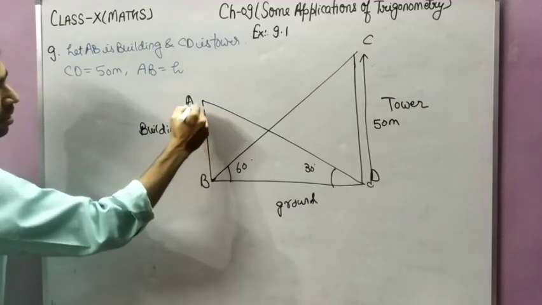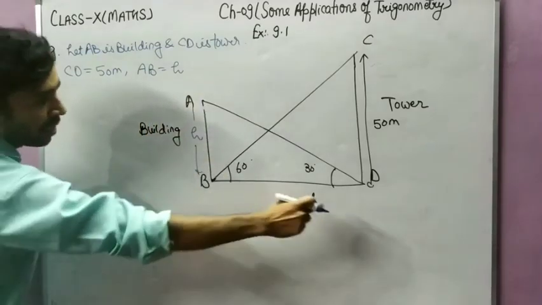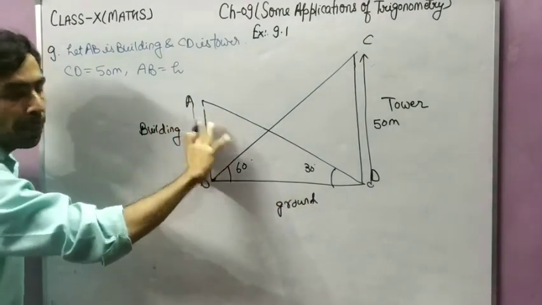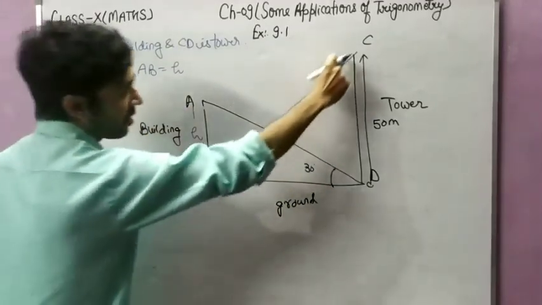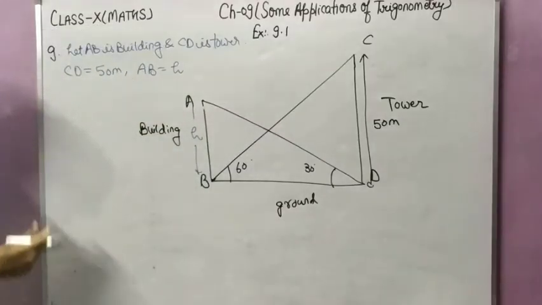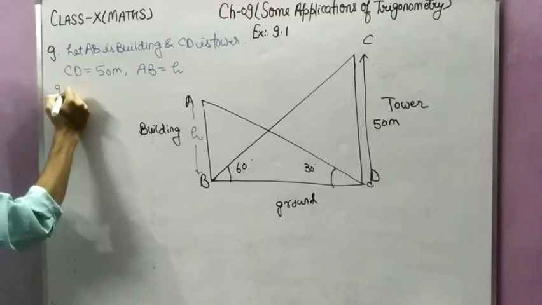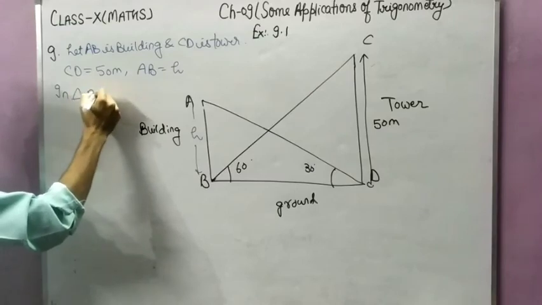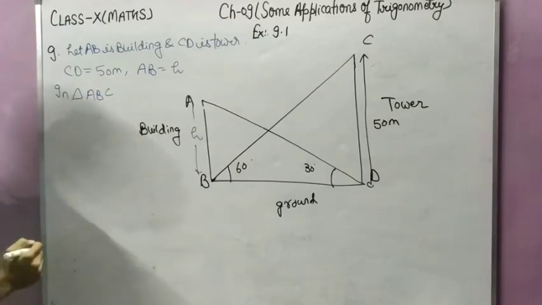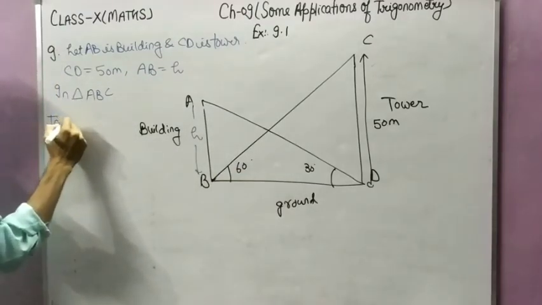ठीक है, suppose the height of the building is H. So again there are two right angle triangles, one triangle is triangle ABC, because the building will also be perpendicular to the ground, so triangle ABC will also be a right angle triangle, and triangle CDB is also a right angle triangle. So in both triangles we will apply the trigonometric ratio, okay। This is the diagram, diagram completed।